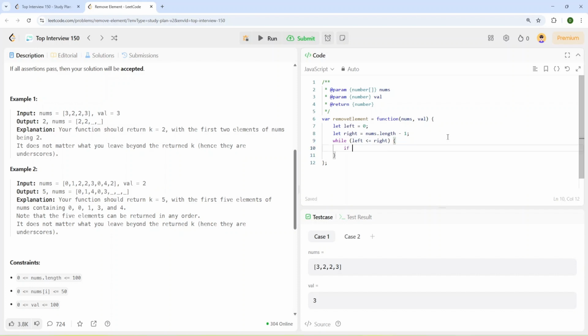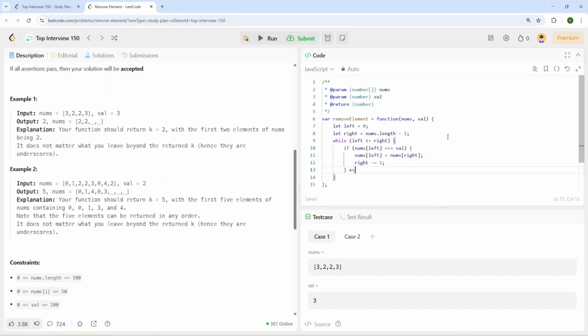Let's check if nums left equals our value, then we can assign to nums left the value from nums right, and move one step back.